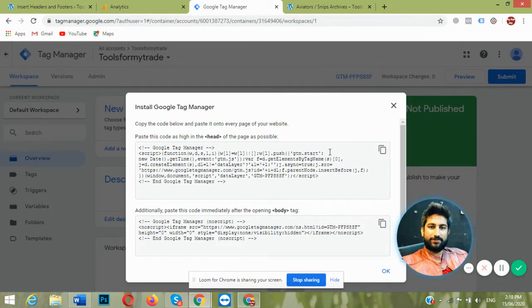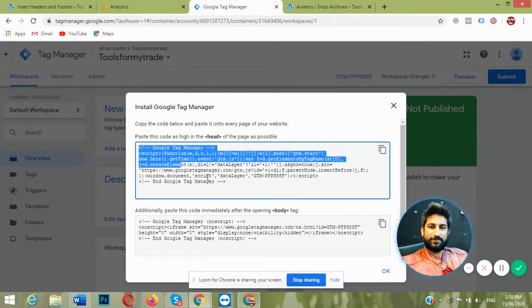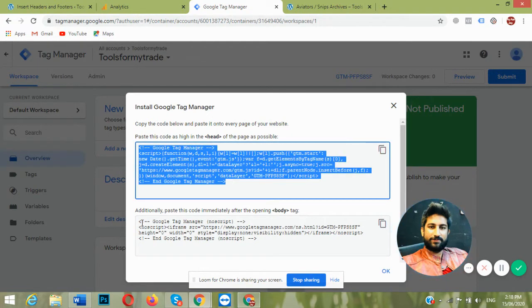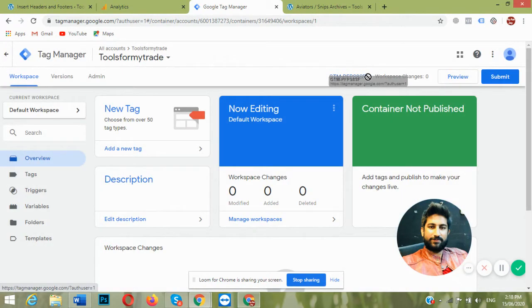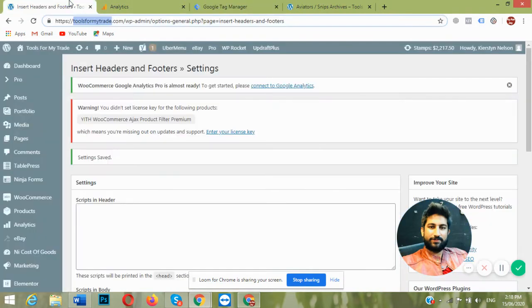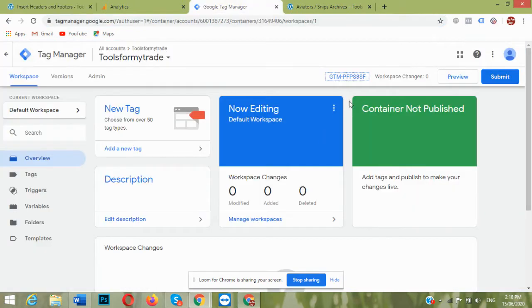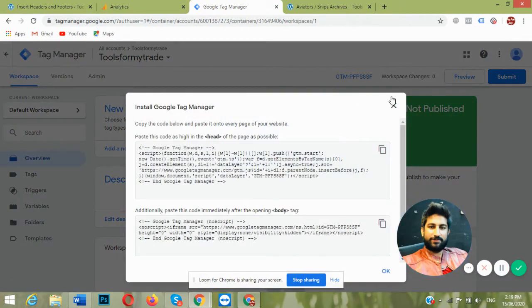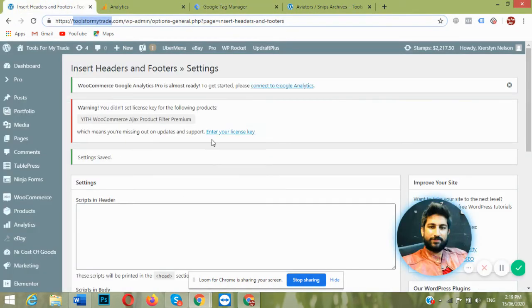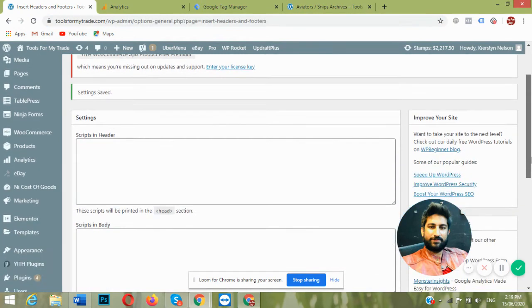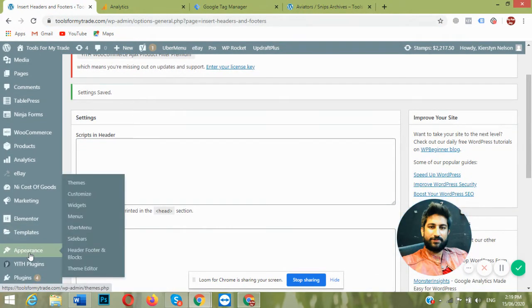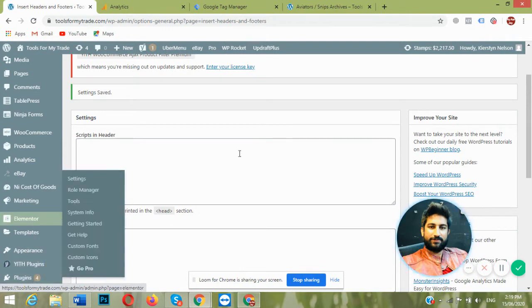For Tag Manager installation on a WordPress website, we need to add two codes. And for Wix, we just need to add this tracking ID. We are using WordPress, and our website is a WooCommerce website. So we do not need to add these tracking codes manually. I am going to install a plugin for WooCommerce conversion tracking. Go to plugins.